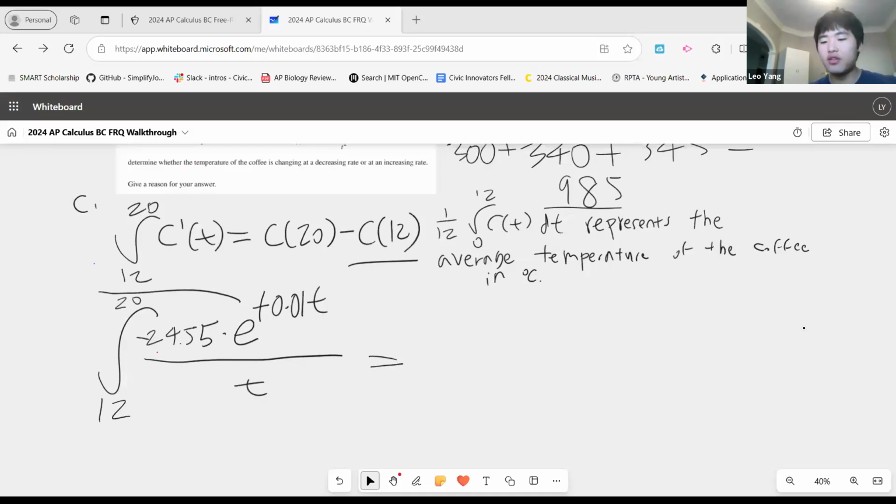I found the right thing. On my calculator, you put alpha window 4 to find the right integral function. So you put 12, 20, and then the function negative 0.2455